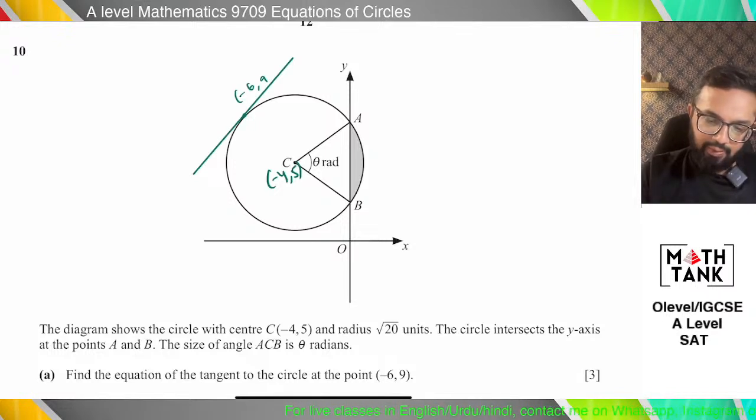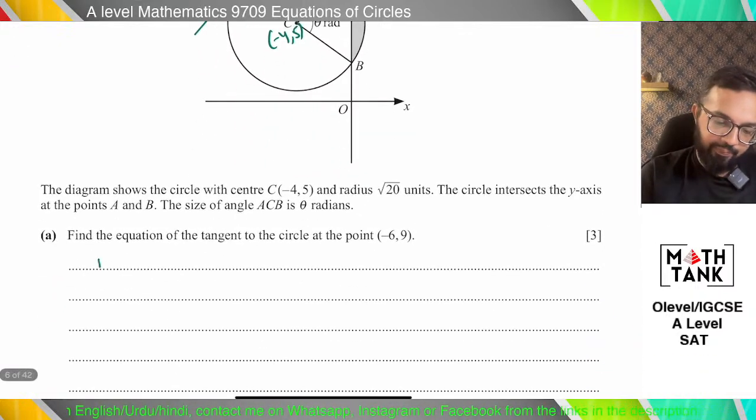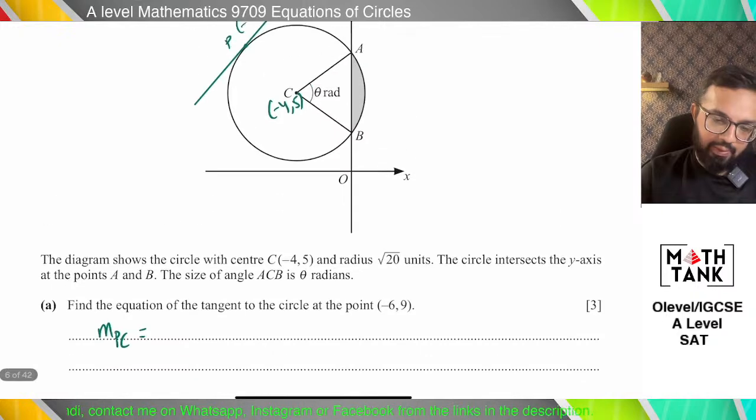Okay, I'm going to first find out, let's call that point P. That's the point C. So the gradient of PC is